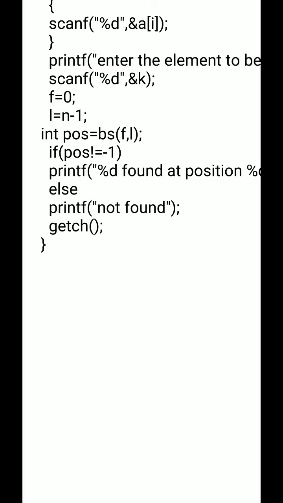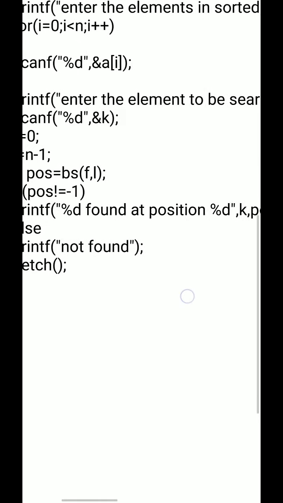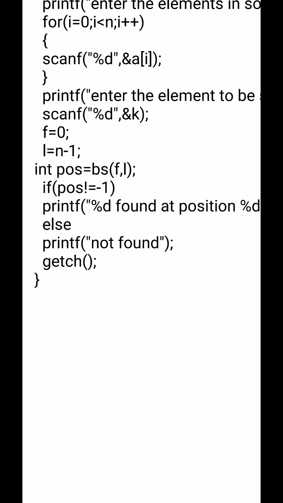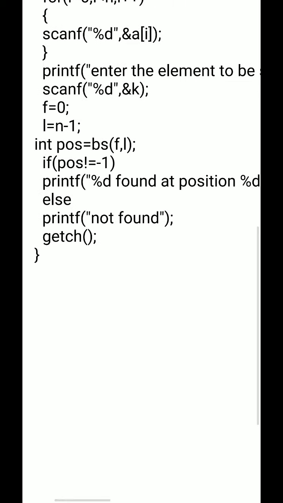If the element is found, then the position will be returned. Here we have written the variable m if position found, and if position is not found, -1 will be returned, which means that this array does not contain the element to be searched.